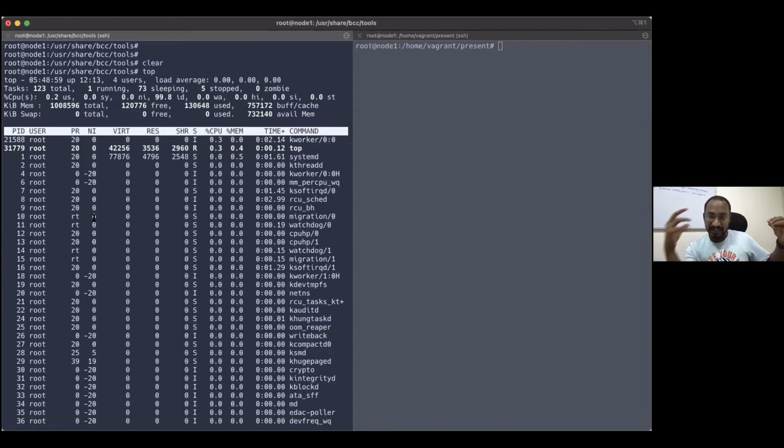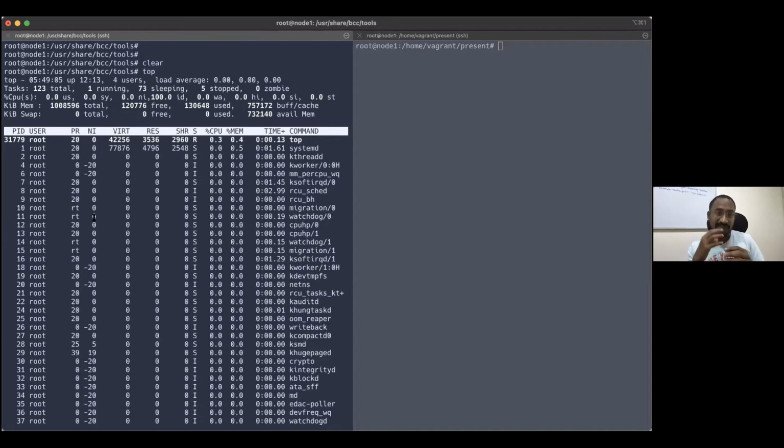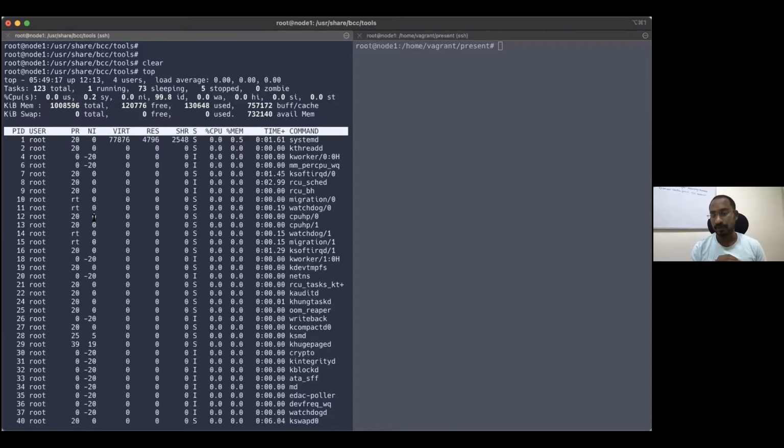So I need to finish these and put the 5 processes in the CPU. This is like I'm loading my system. So I need to improve the system through tuning, or I need to upscale the instance. This is the point.